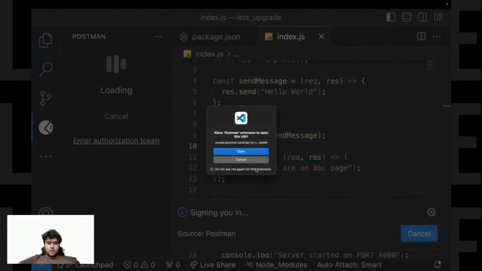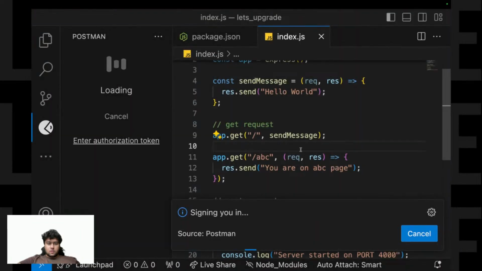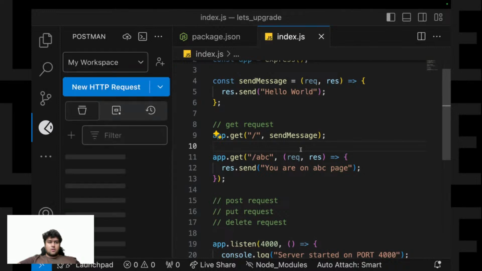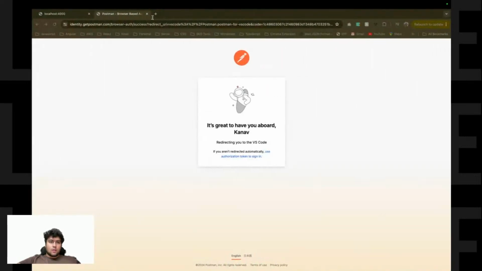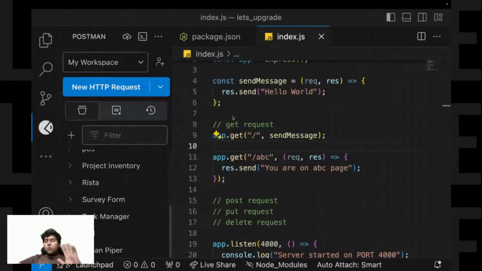Then open VS Code. Now you can see all your APIs here. There's a proper Postman course on Let's Upgrade, which you can refer to while working with this.